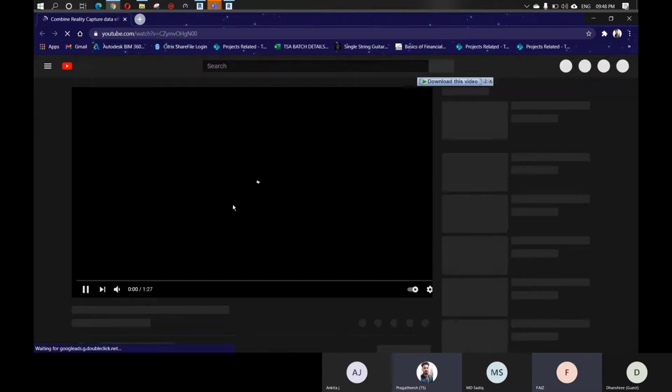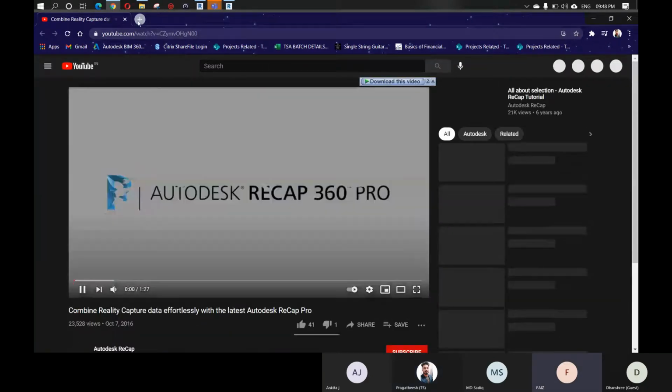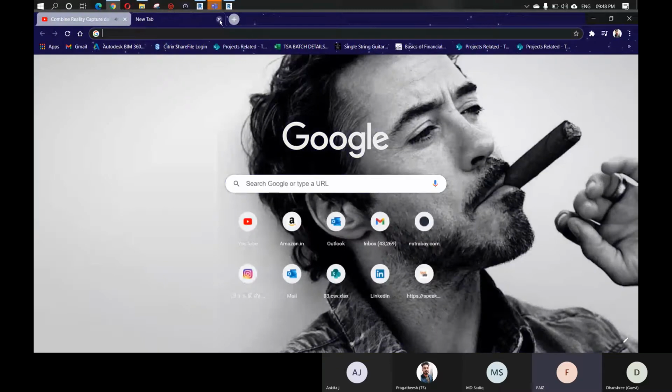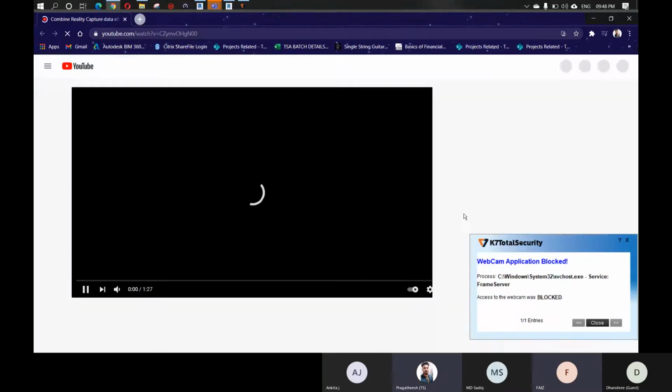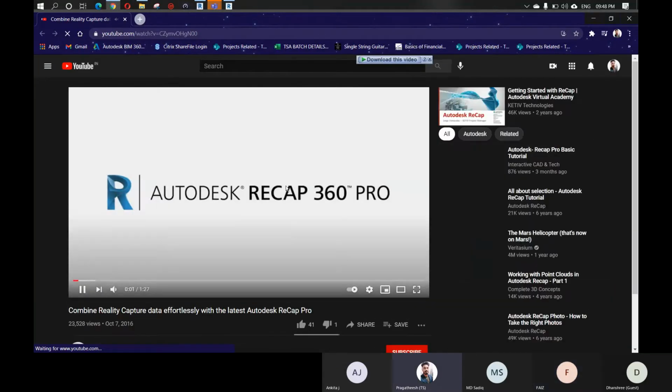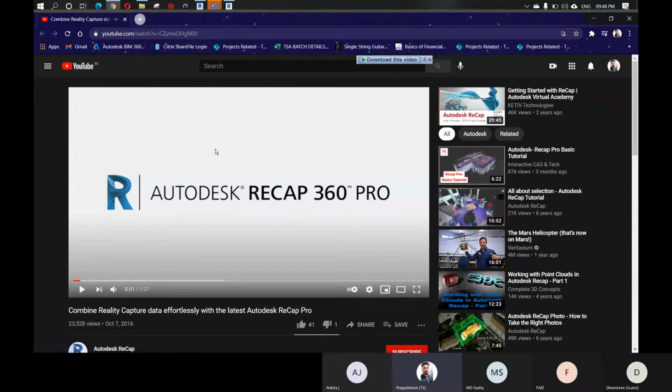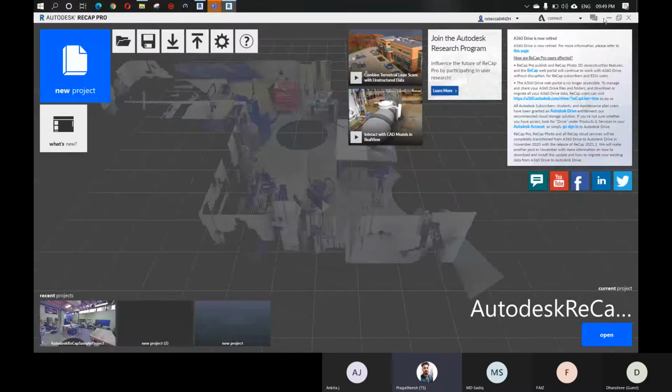Sir, please excuse me. Hello. What is the accuracy of this point cloud model? The accuracy is perfect as per the site. There will not be any changes in the dimensions, so you don't need to worry about it. Okay, sir. So that's what I say, it's just saving your time, and there will be no errors while measuring from this. Okay.